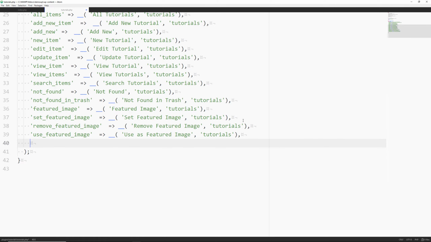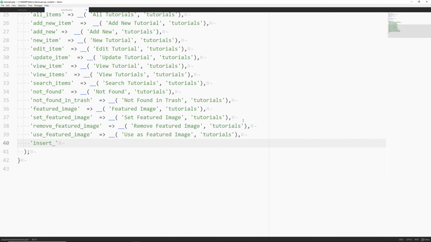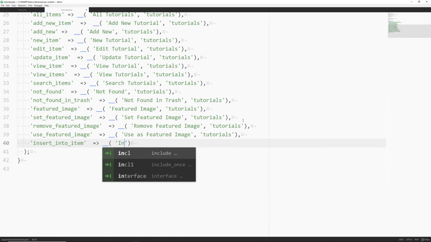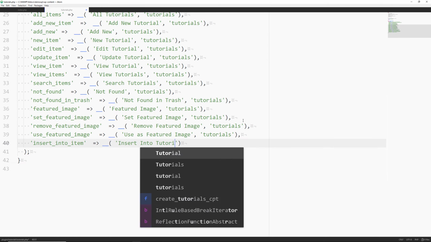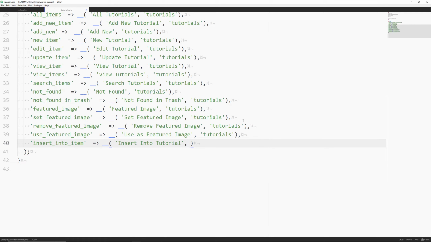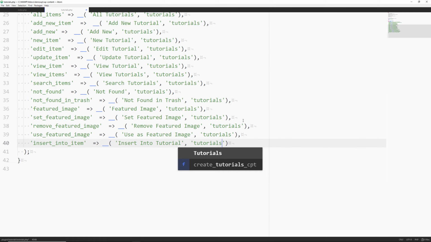All right, so for here, we'll put another set of single quotation marks, insert_into_item. And then over here, single quotation marks, insert into tutorial. And then the tutorial's text domain.